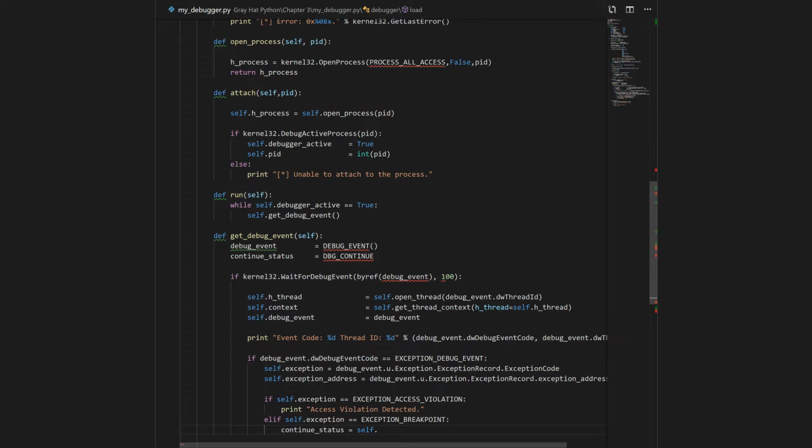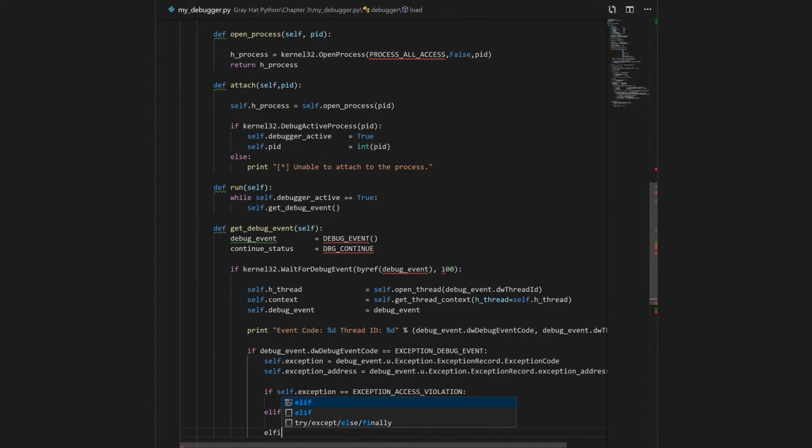And then if the exception breakpoint, then we'll continue the status to self.exception_handler_breakpoint, and that's the breakpoint we'd want. Otherwise,